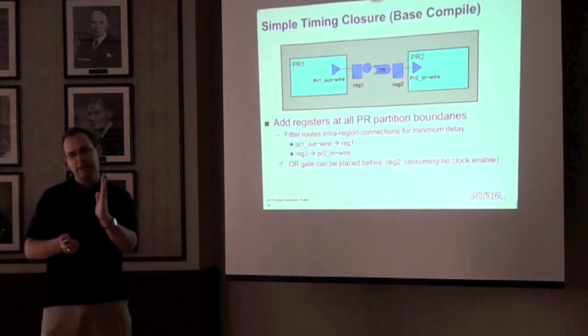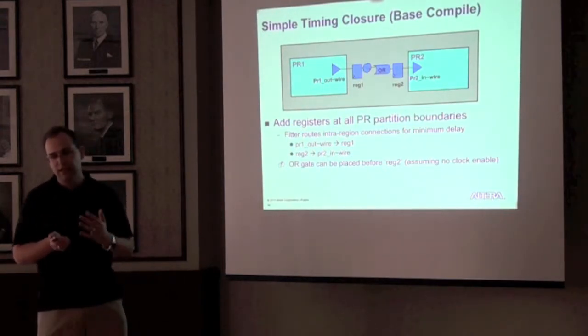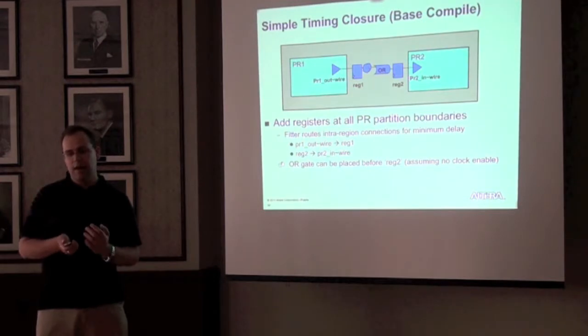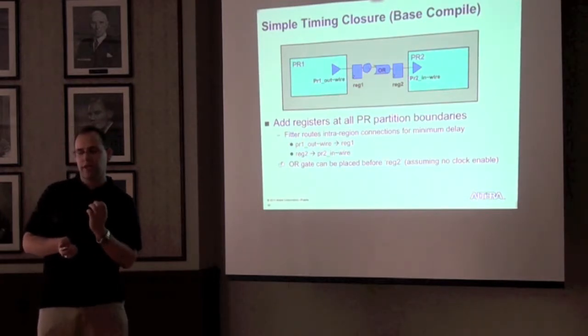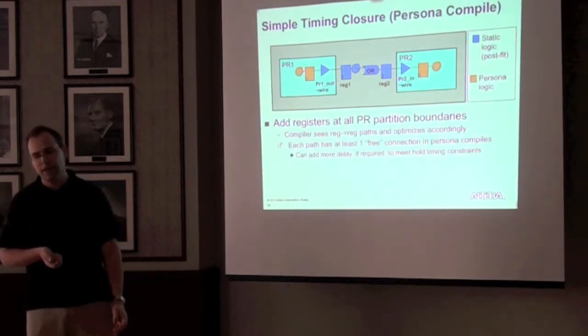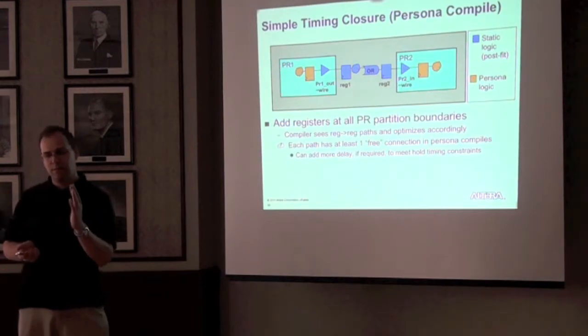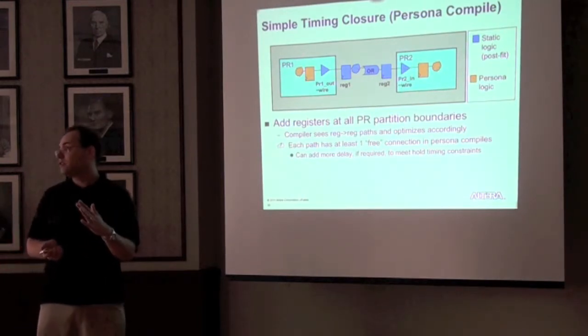So in this case, the anchor LUT to register 1 and register 2 to the anchor LUT will be routed for minimum delay, and this requires that the OR gate be placed before register 2, and that optimization can be performed, assuming there's no clock enable. And now when you consider your persona logic, the compiler sees the register path,